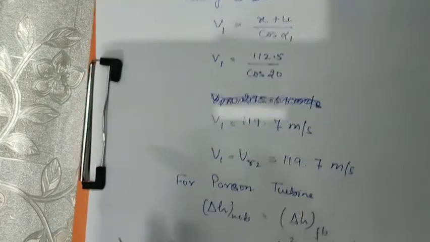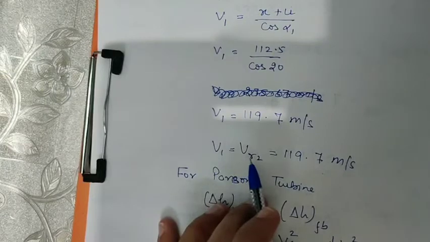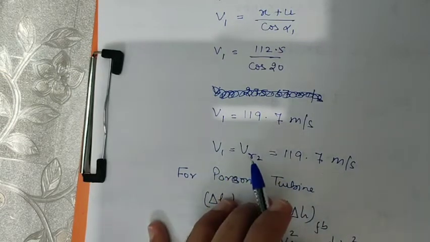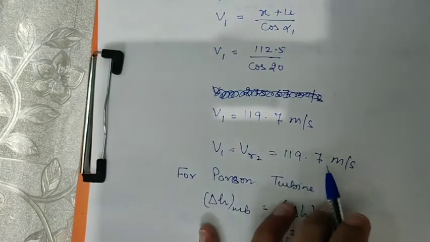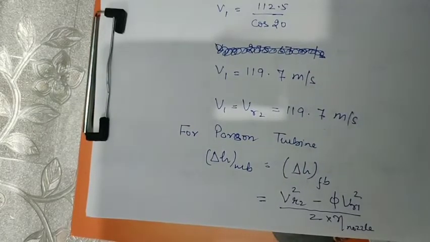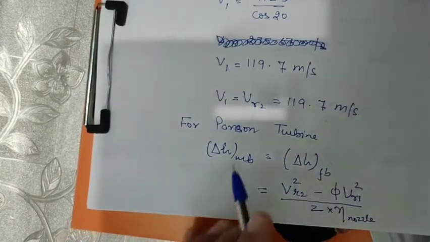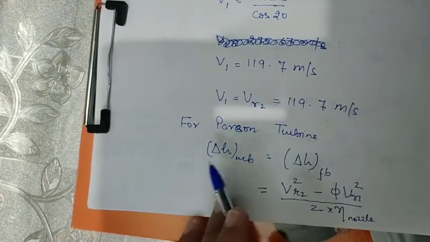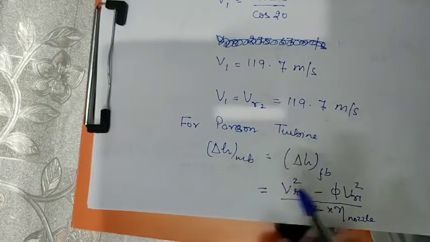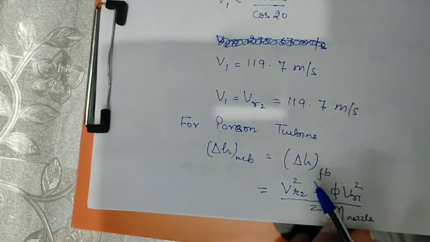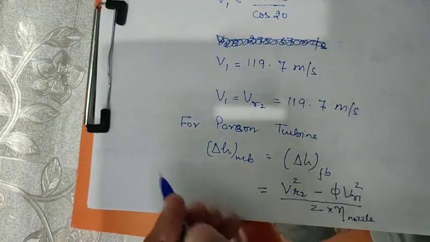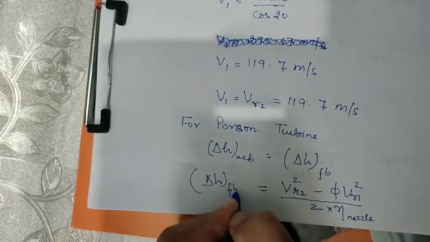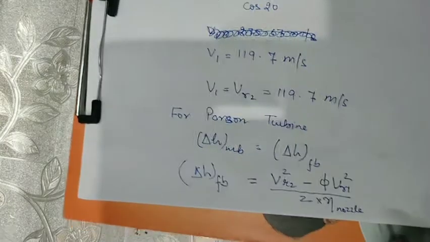And according to Parsons turbine condition, V1 is equal to VR2. So therefore V1 is equal to VR2, this is 119.7 meter per second. Now for Parsons turbine, which is having the degree of reaction 50%, enthalpy drop in moving blade is equal to enthalpy drop in fixed blade. So we can take enthalpy drop in fixed blade. What is the enthalpy drop in fixed blade? That is